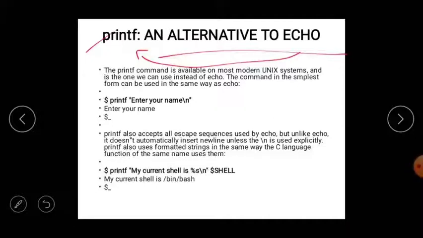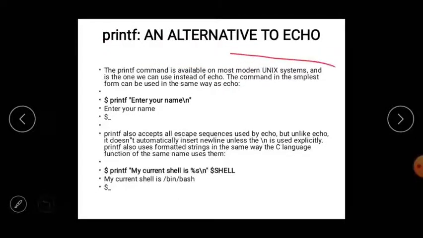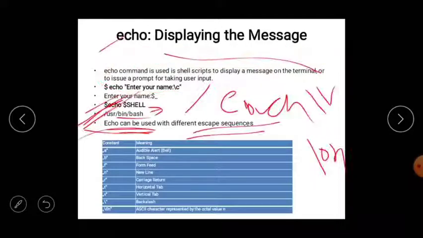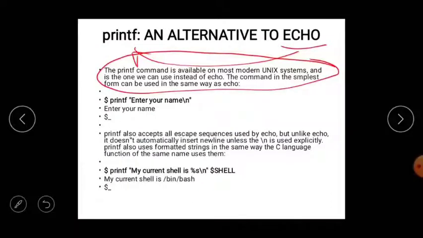The command in its simplest form can be used in the same way as echo. Here you see printf enter your name, and the same way here echo enter your name. The same output will come.